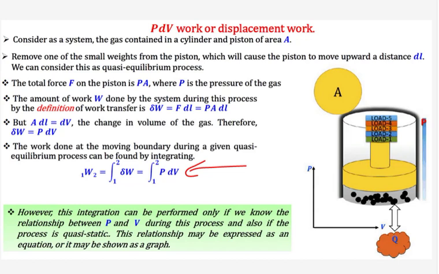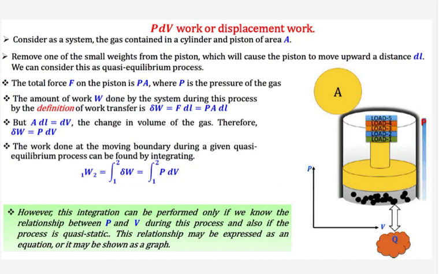No. For an irreversible process, you will get the initial point and the final point, but in between you don't know what has happened. So you will not know the relation between pressure and volume. To get a relation between pressure and volume, you should know the intermediate points, so that you can join them and get the curve. Once you know the pressure-volume relation, you can integrate. So this is the reason.